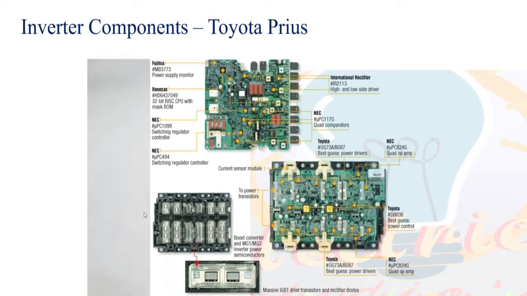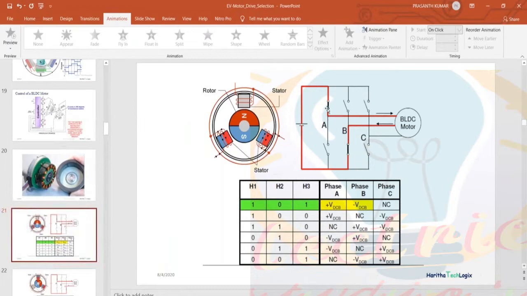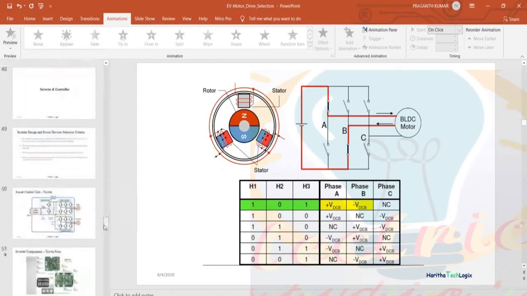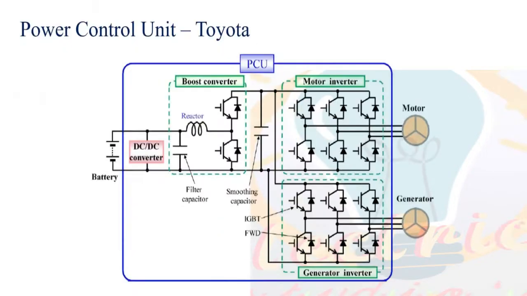So one of the main components of the inverter is the power electronics device. Means what? Switches. If you remember the image which I was showing in the BLDC, these are the 6 switches: 1, 2, 3, 4, 5, 6. So to operate a 3-phase motor, I need to have 6 switches. Clear? In the Toyota Prius, I told you 2 motors are there. So to operate 2 motors, 2 into 6, 12 IGBTs or MOSFETs, whatever it may be, will be used as